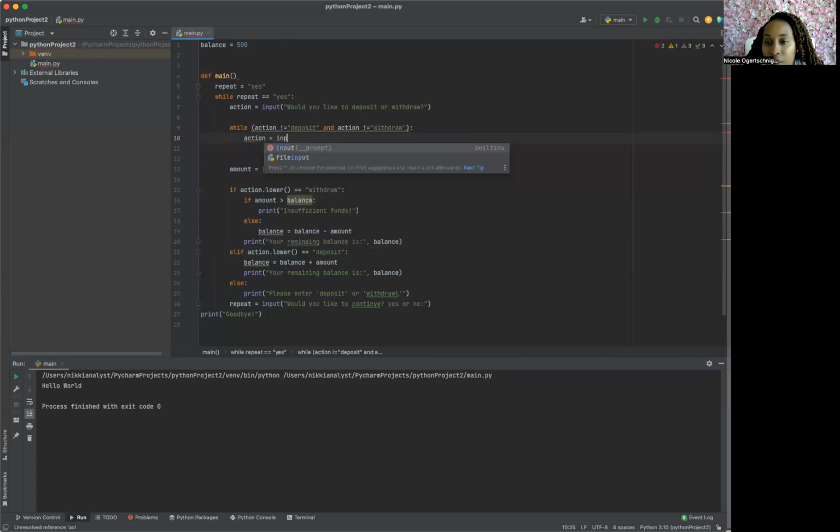equals, because if whoever's using it doesn't put in deposit or withdraw, it's going to prompt them again, and it's going to say, please, forgot parentheses, please enter deposit or